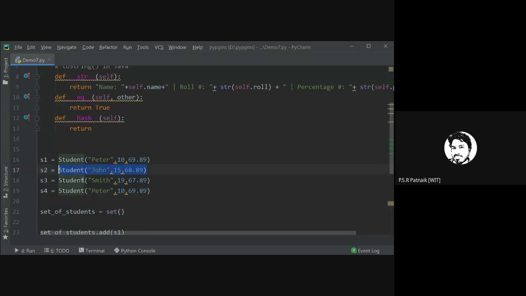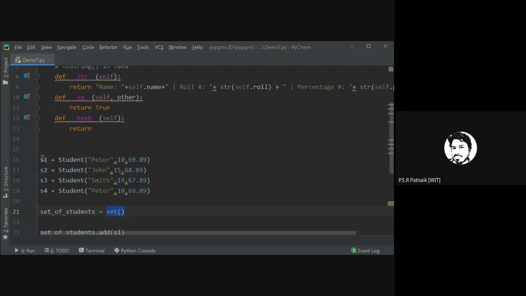When a set tries to find a duplicate element when it is trying to add, it will not check the contents of that object. The default way a set checks whether there is a duplicate element is by the concept of checking its hash value, right?